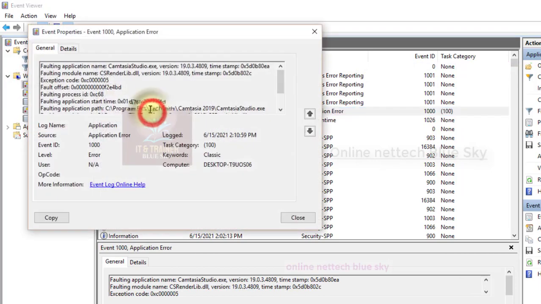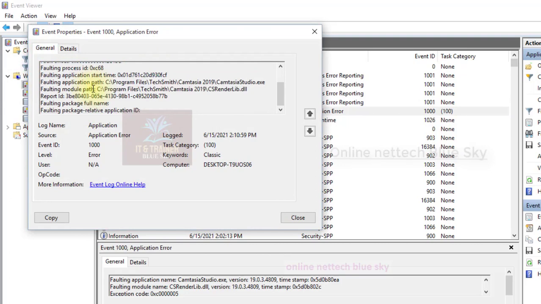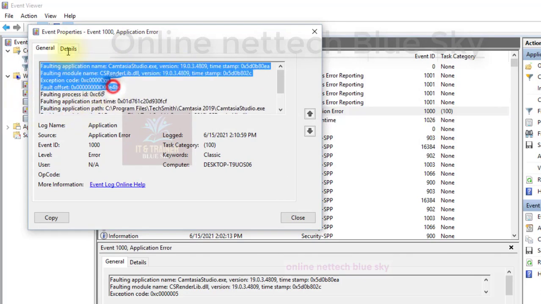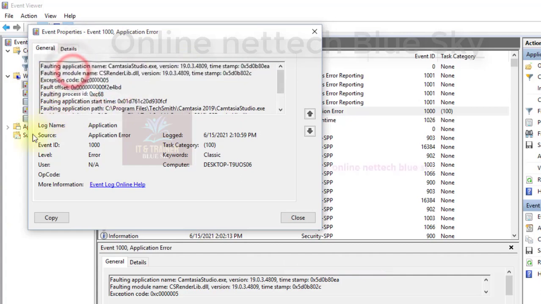Okay, so you can check everything, faulting. Everything you understand. Fault, where is the fault? This is the faulting application start time, you can see here, and the faulting application path, you can see here. So this is the application related information shown here, and you can see log name Application, source is application related but error.